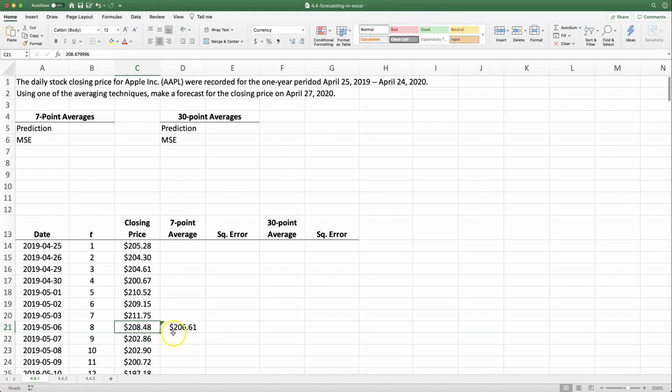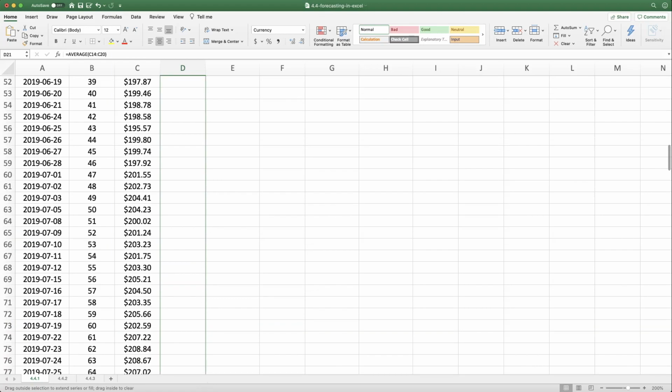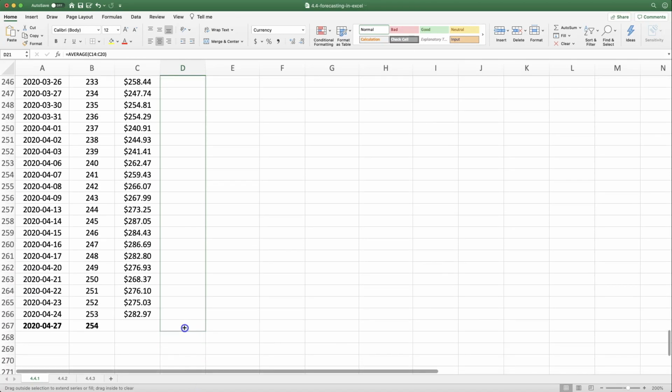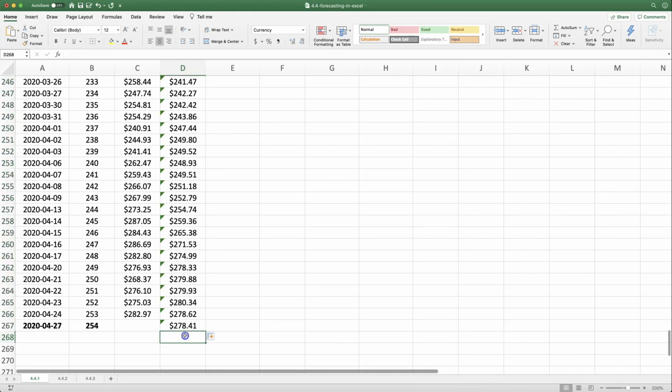In short, we're going to compare what we saw, the $208, with what we predict, the $206, do this for every single day, and see how close the forecast would have been to what we saw. That's how we're going to compute the mean squared error to see how good a 7-point moving average is. Drag to autofill this 7-point average all the way down to April 27th. Now we have our first prediction for Apple's closing price on April 27th,